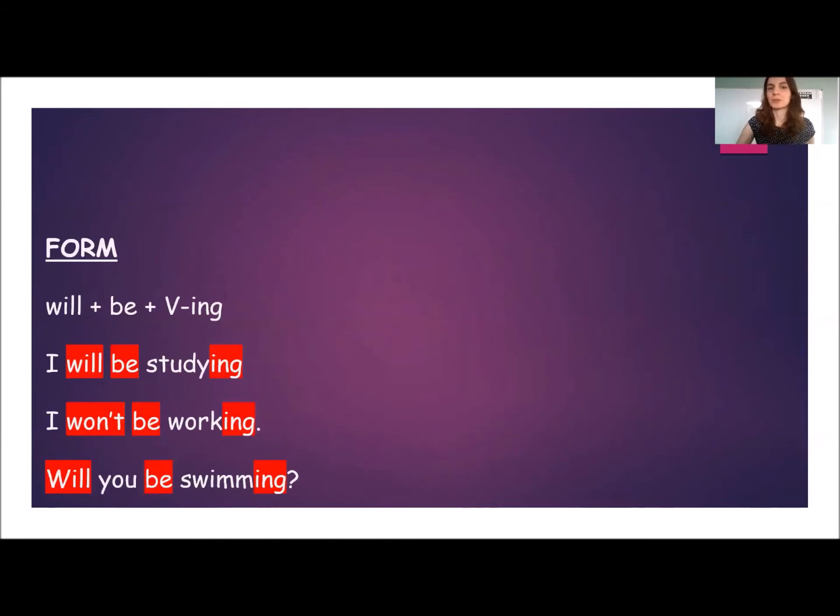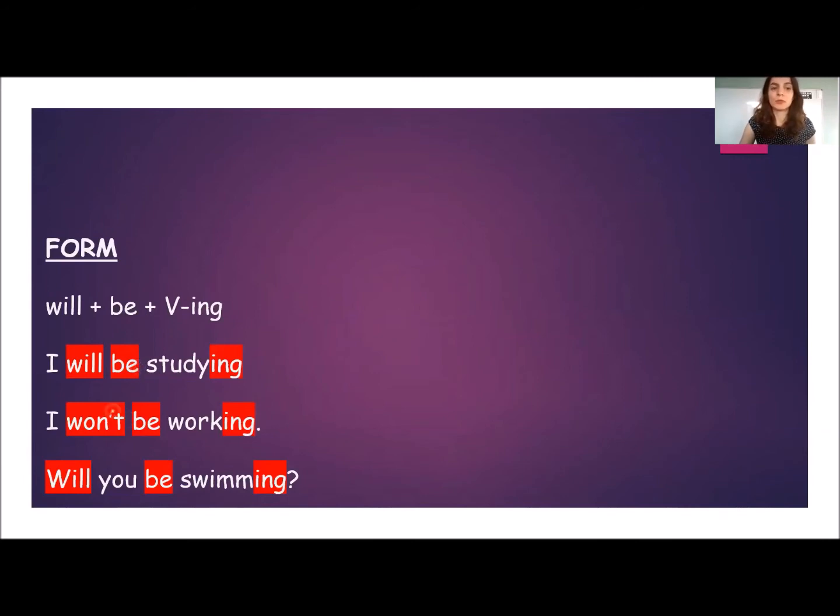So let's have a look just at its form. As you can see, and as you have probably already noticed, we always use at the first place, of course, the person. So I, you, he, she, they, we, and so on. Then we have the will, which basically is our future tense. Then we have the verb to be, which is always in its form be. And then we have a verb in the ing form. So it's always the same for every person, right? So you can say, I will be studying, but also you will be studying, he will be studying, they will be studying, all right? It's all the time the same.